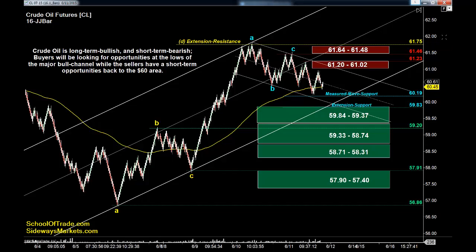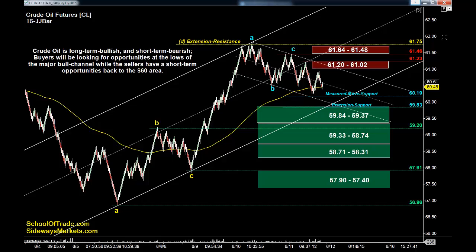Okay, moving to crude here. Crude, long-term bullish. Boy, this is one of two markets this week. The S&P's the other. Jeez Louise. You don't see the S&P put more range on the table than the crude does very often. But like we said, I'll talk about that in a second. We get a huge overcorrection on the S&P. It's pretty much what we expected.